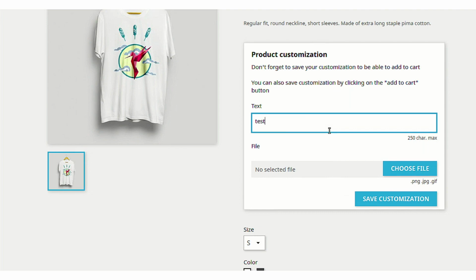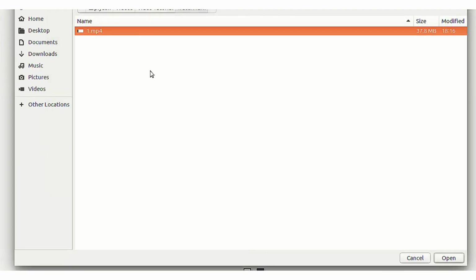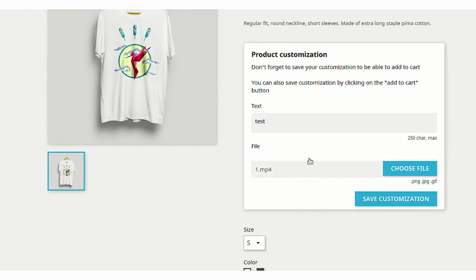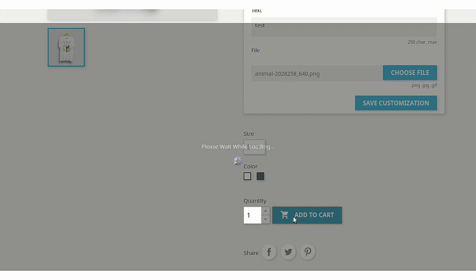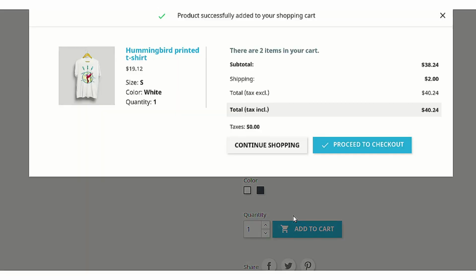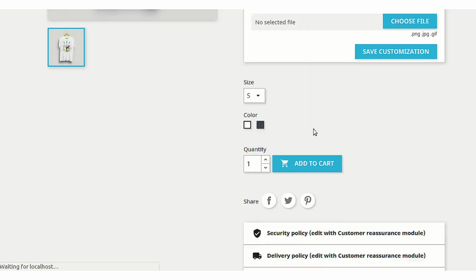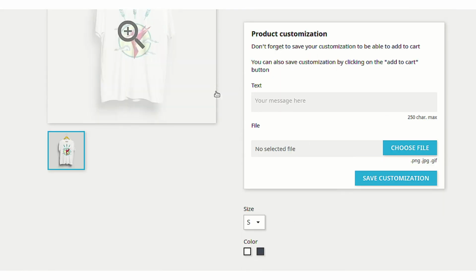Let's just enter something in the field. As you can see that I have added both here, but I am not clicking on this save customization button. Instead, I'll just click on this add to cart button. As you can see, a preview is also available now on the product page.